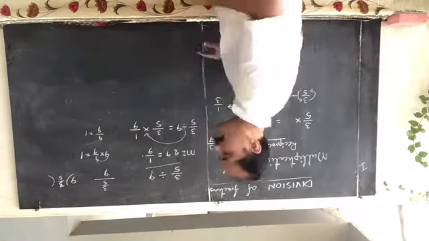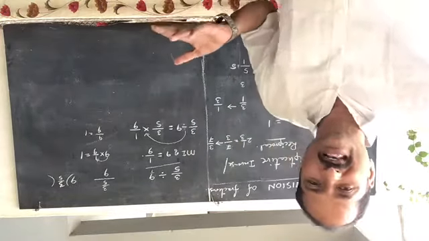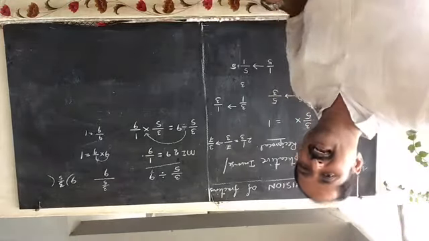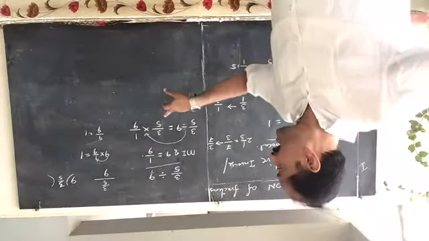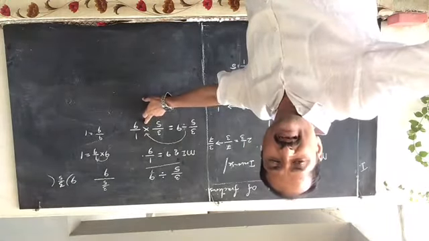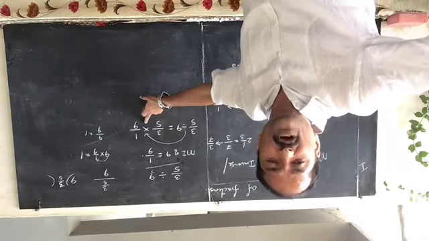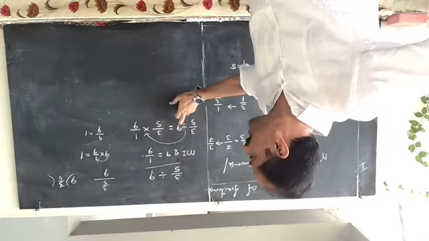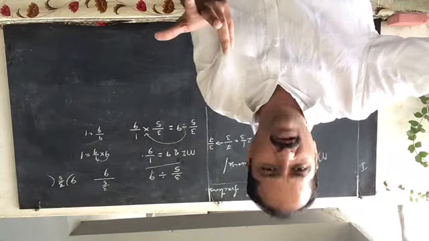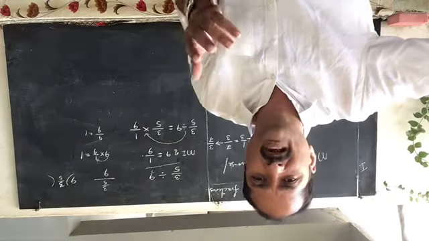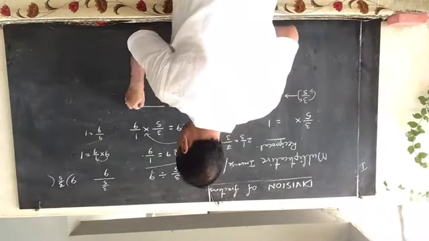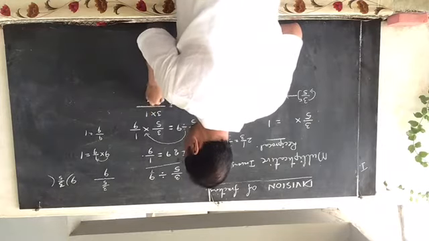Now here we have got a multiplication. Division becomes multiplication. Whenever we change the division symbol into multiplication, immediately we should write down the reciprocal of the divisor. The reciprocal of the divisor is 1 by 9. So now we have got two fractions. How can you multiply two fractions? Multiplication of two fractions is very easy. Multiply the numerators, divided by the multiplication of the denominators. So 3 into 1 by 5 into 9.